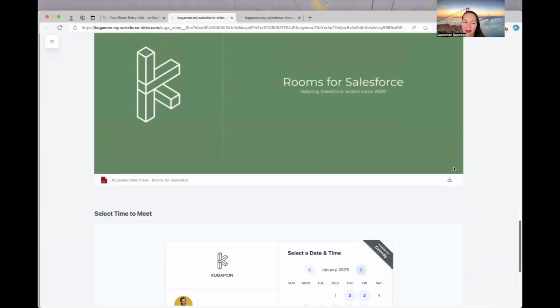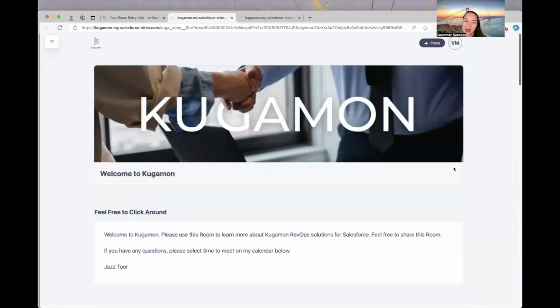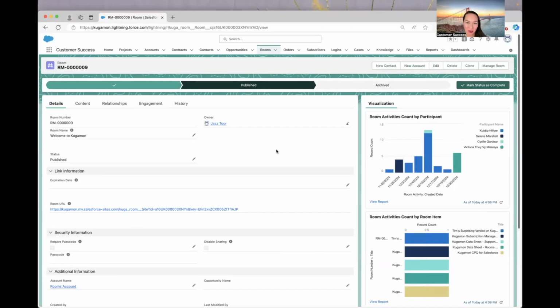Now, as I am navigating and interacting with this room, it is creating data. And now if I put my Kugamon hat back on and open that Kugamon room internally, I'll be able to see from the Details tab and Visualization section that I've now been captured as a room participant.